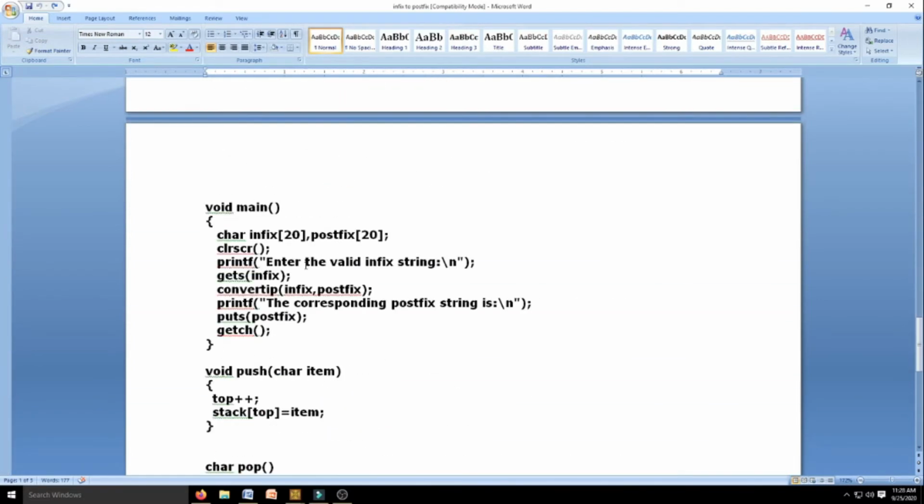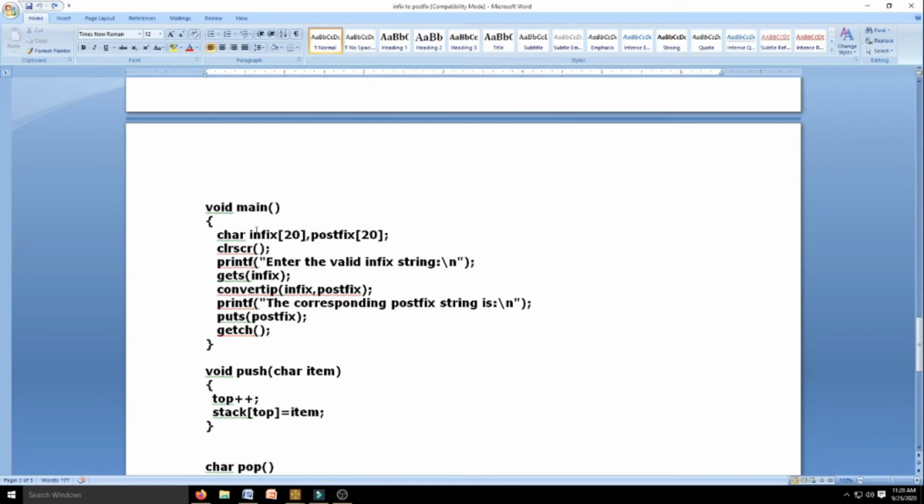As usual we will go with the main function. Usually the main function we need to keep as minimal as possible, so the rest of the operations can be carried out through subroutines. In any infix to postfix conversion, there will be an input called infix. I need to read that from the user. I am storing this in an input array, and I am converting this infix expression into postfix, and I am storing the output in an array called postfix.